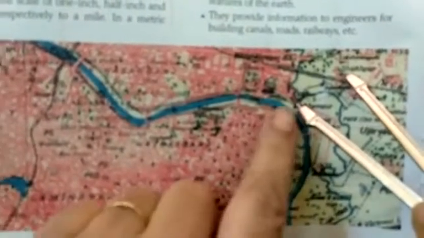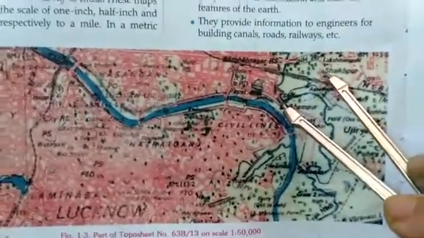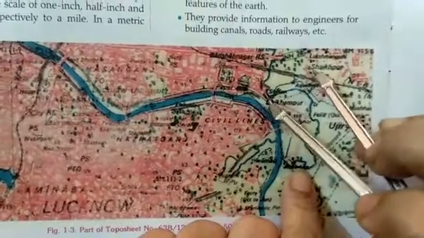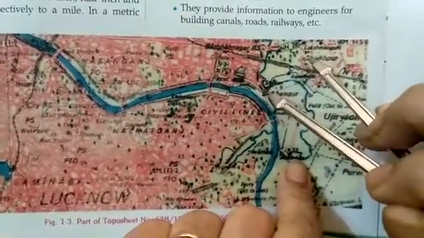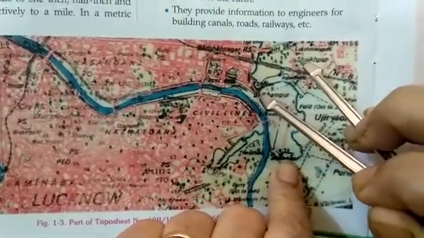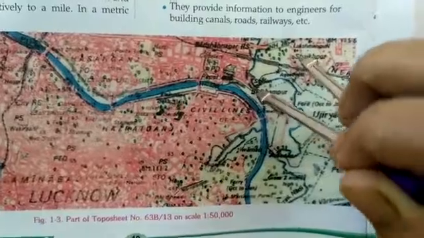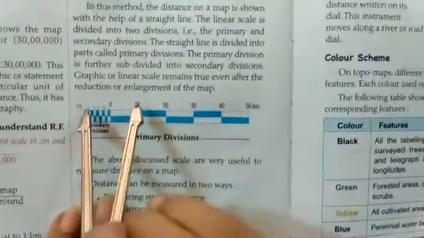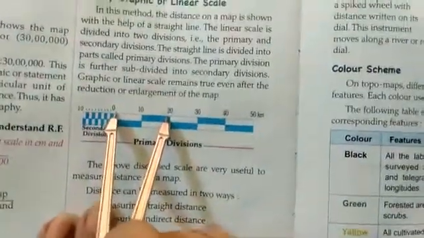So there are two towns. You see Bikampur, this one, and Sheikhpur. This is the straight distance you measure with a divider. Point it like this, in this way, 2 points, and then you have to go to the linear scale. Take out the next page, that is page number 12. Now you put your scale on this 0 where it is, and next you put it here.